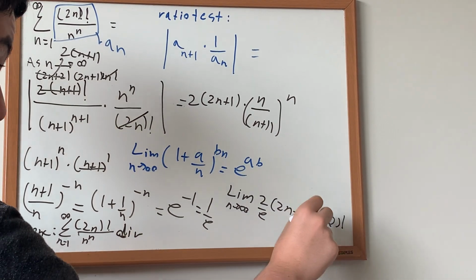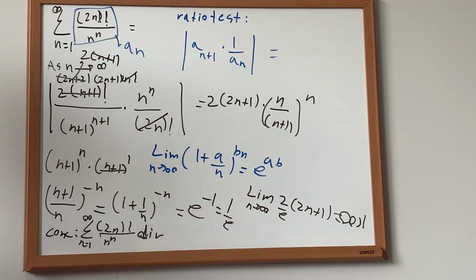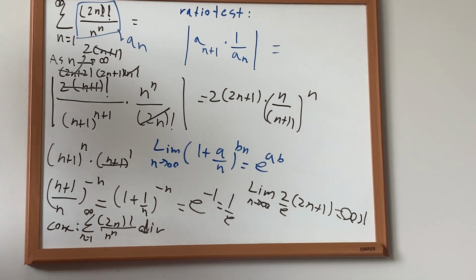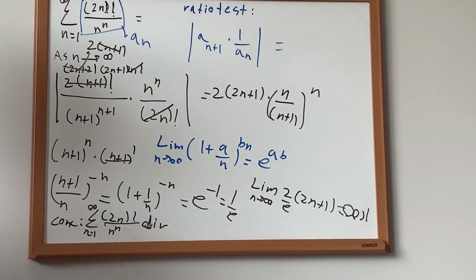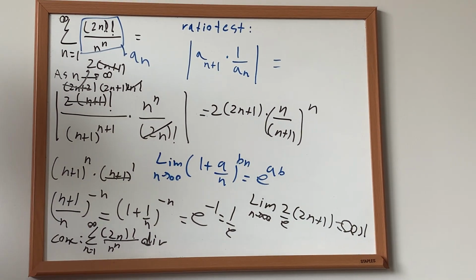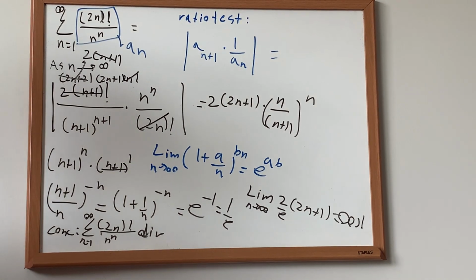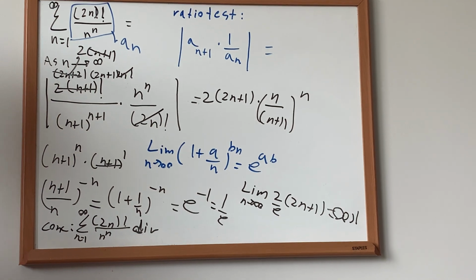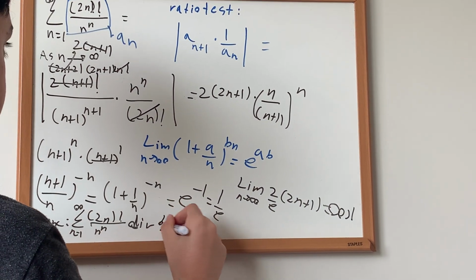diverges, because in the ratio test, as I explained before, when the limit of the absolute value of the product of a sub n plus 1 and the reciprocal of a sub n is greater than 1, it diverges. If it's less than 1, it converges, and if it's equal to 1, it is undefined or inconclusive. Diverges by